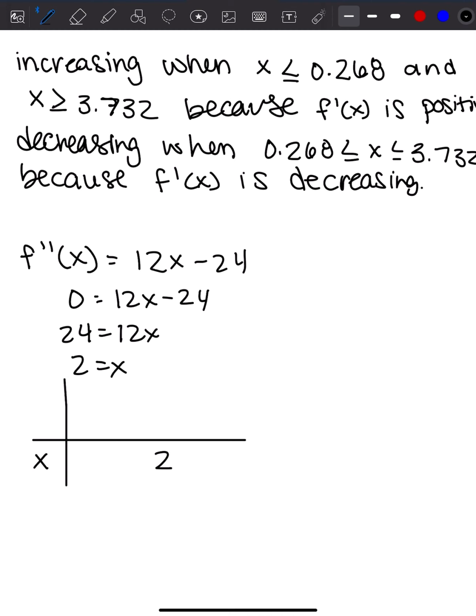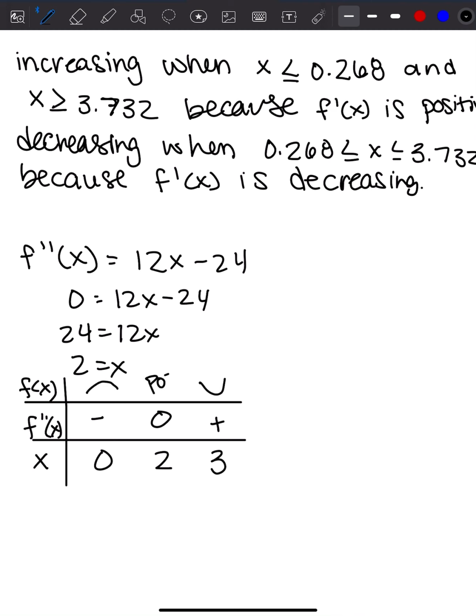And then we need to look at f double prime, which will tell us about f of x. So I'm going to pick 0, and I am going to pick 3. If I plug in 0, we're going to get negative 24. So this is going to be negative. If I plug in 3, 12 times 3 is 36. 36 minus 24 should give us 12. So we're going to have a positive over here. So this means I'm concave down, then I'm concave up, which means at 2 we have a point of inflection